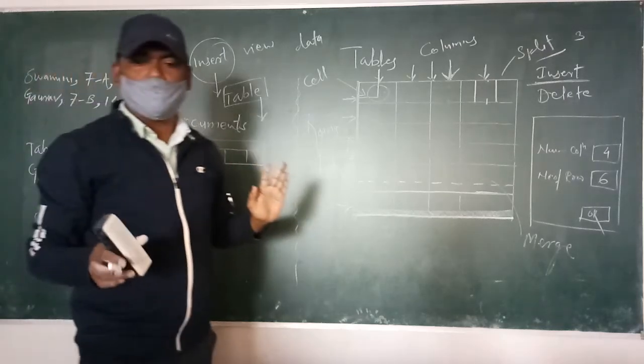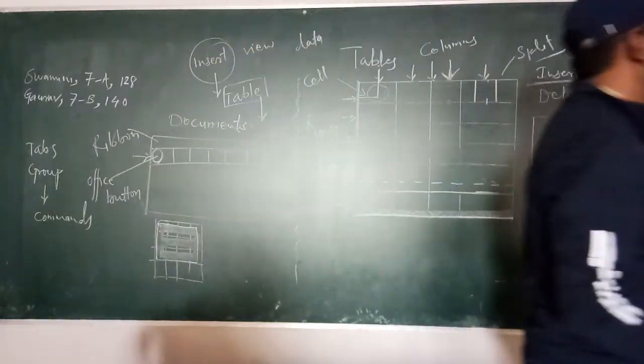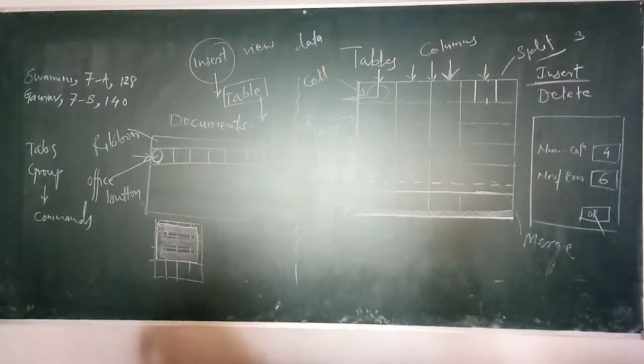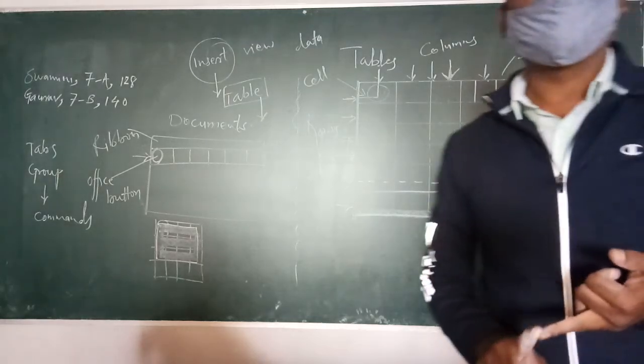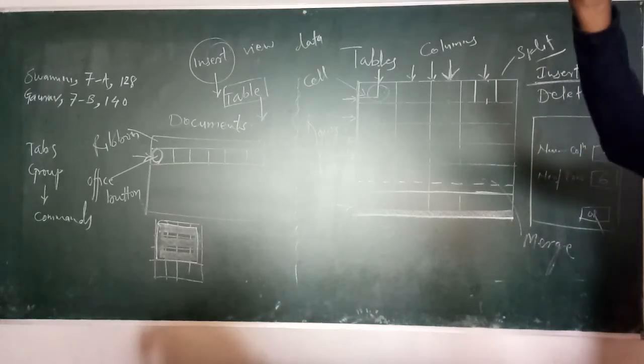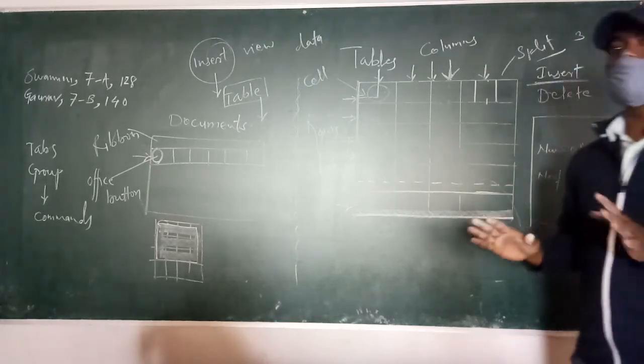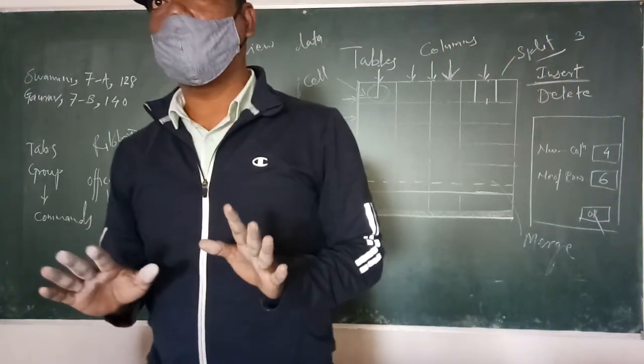So understood everyone? Yes. Which topics have we learned today? Repeat one by one. We have learned about tables, how to start Microsoft Word. What is the use of Microsoft Word? It is used to create documents and tables. How to create tables? You can use the Insert tab and the Table option. By using that option, you can create tables. A table is made up of a number of rows and columns.